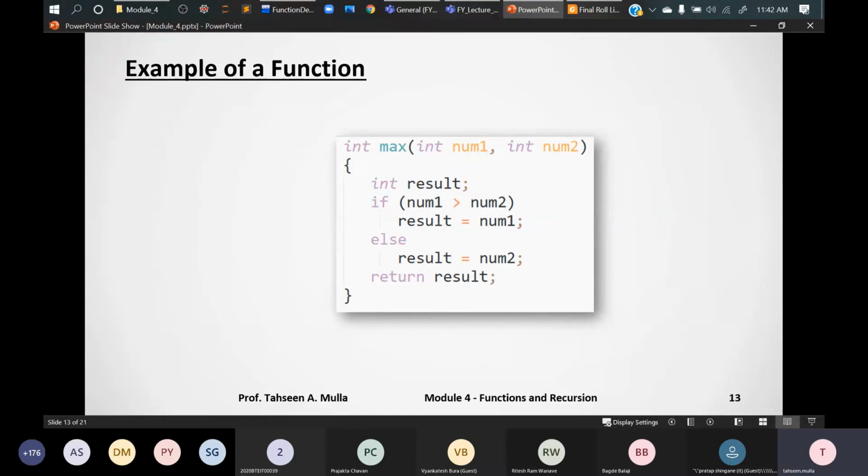Right, we have two parts of a function, basically two types. One is a library function, which is already provided by the C compiler, and the other one is a user defined function, right? So whatever system defined we use, you call it as library functions, and whatever we create on our own and then implement it in our program, we can call it as user defined functions, right? So these are two different categories of a function.